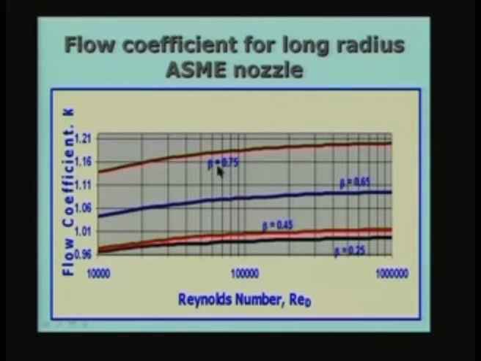So if we choose a particular value of beta, the velocity of approach factor gets fixed, then the CD is going to determine the product of CD and the velocity of approach factor, and therefore the flow coefficient is nothing but the product of these two. And if you remember, the value of the CD for a nozzle is very close to unity. That means the value of the flow coefficient is almost close to the value of the velocity of approach factor itself. Of course, there is a small Reynolds number dependence, and asymptotically it will reach the value equal to m or very close to m. Okay. So, this is for the ASME nozzle.